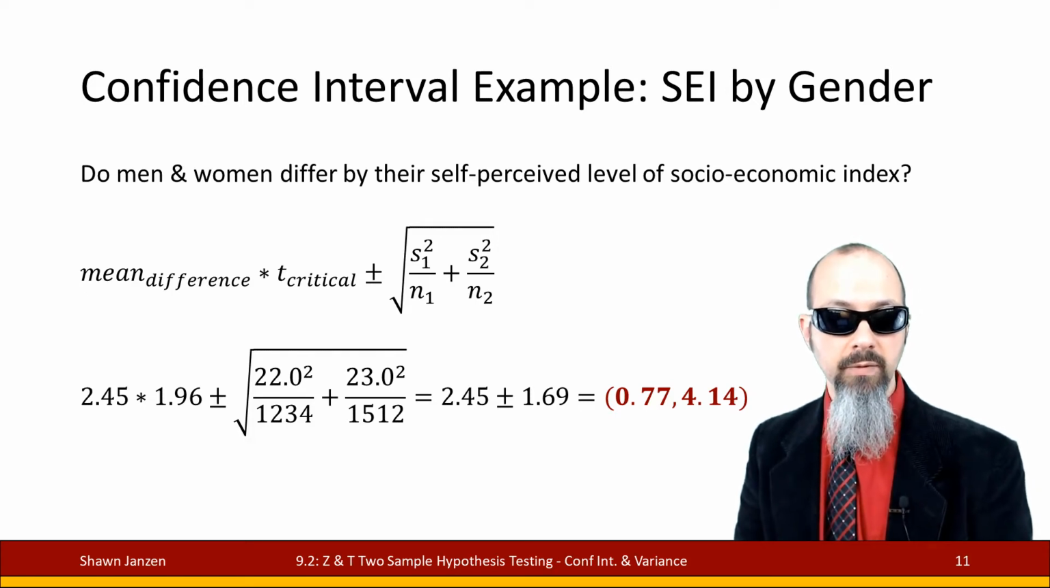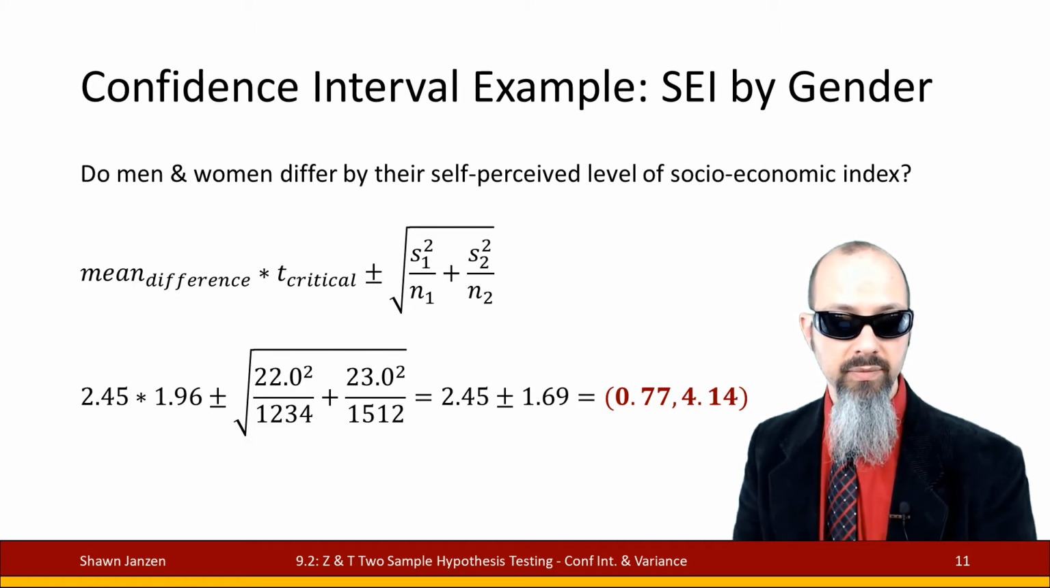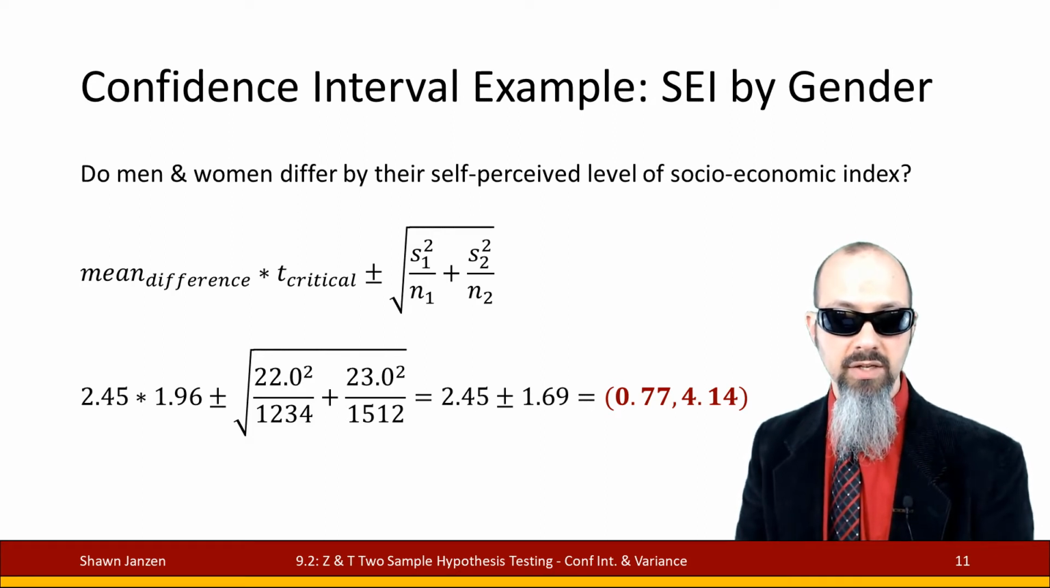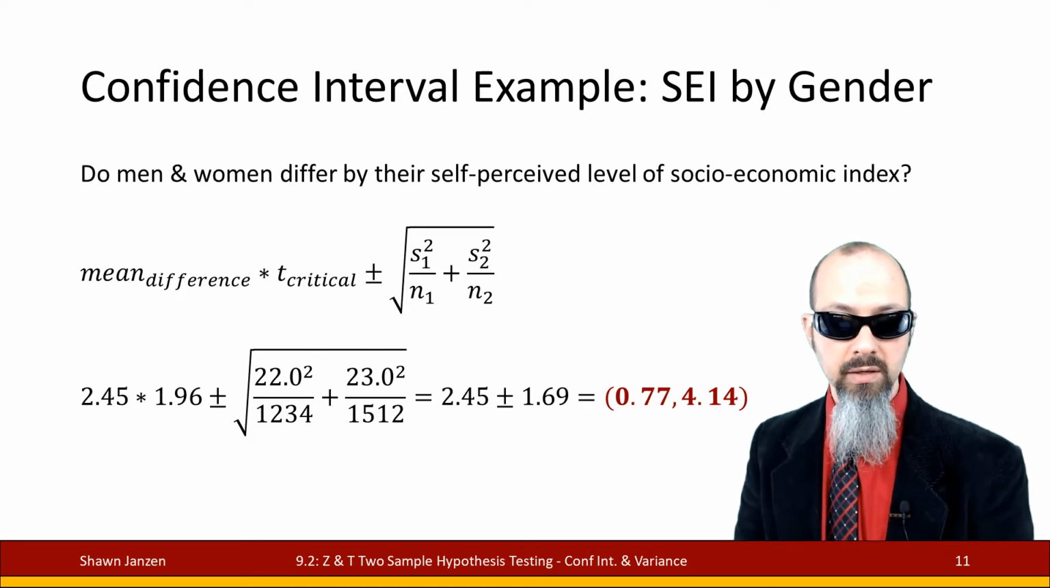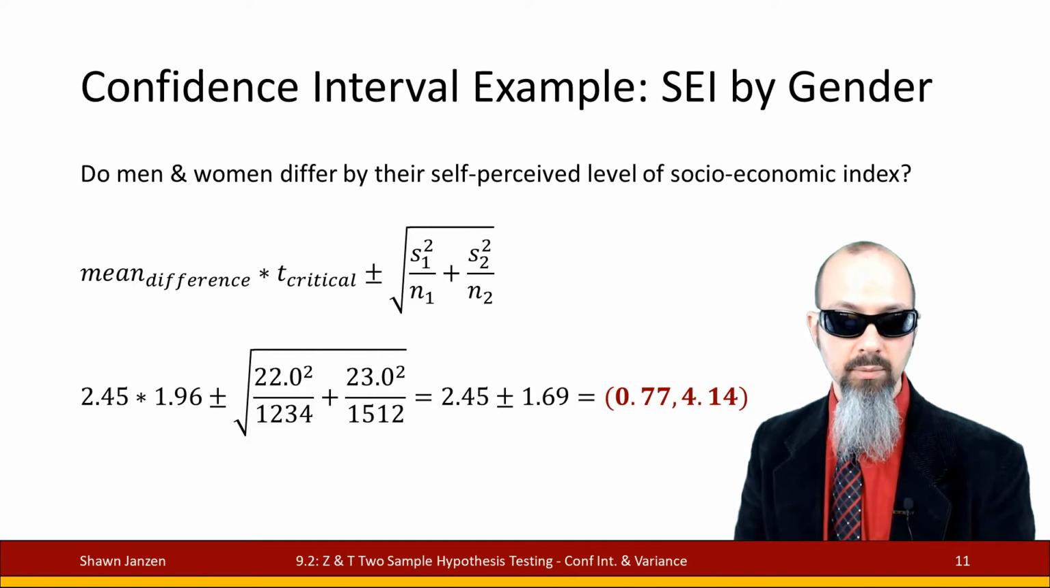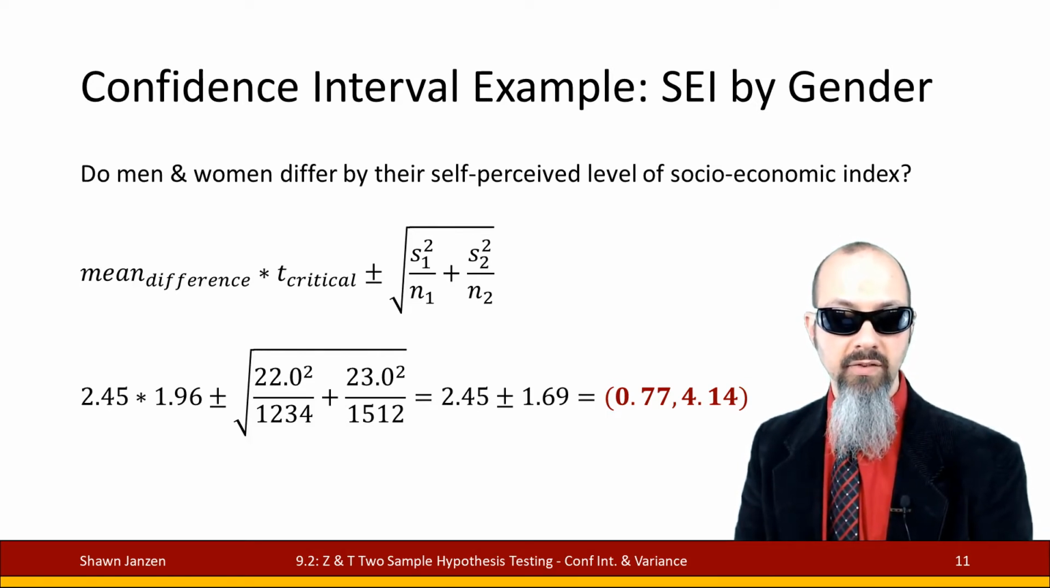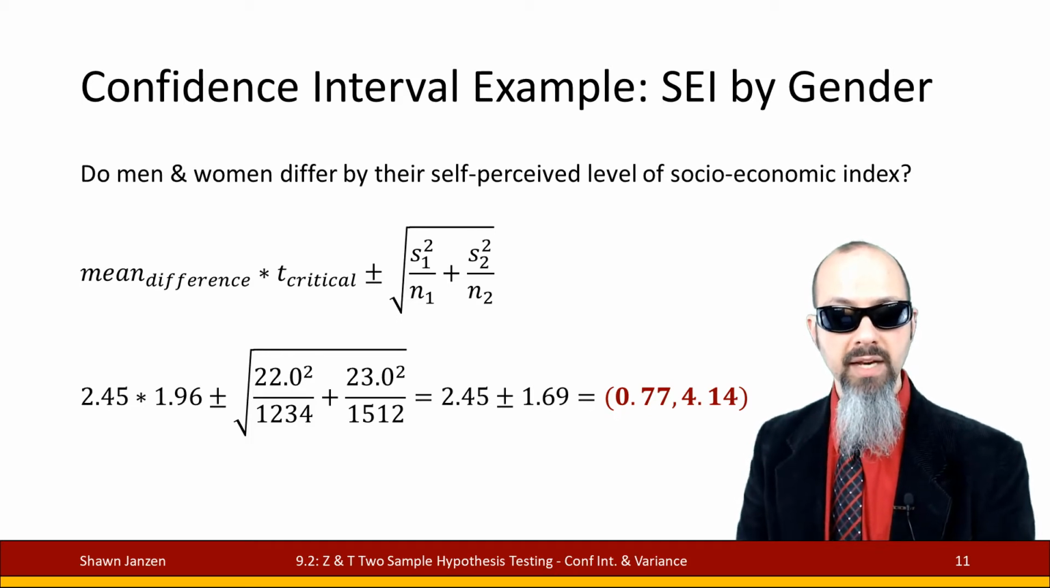We know that the mean difference is 2.45. Our t critical value is 1.96, plus or minus, and what I didn't show the calculations for was getting the standard deviation, which I plugged into the formula here: men have a standard deviation of 22 and women of 23. Those are getting squared because we're working with variance here. Divided each respectively by their n's, sum the difference, plug it into the square root, work it out, and we get a confidence interval of 2.45 plus or minus 1.96